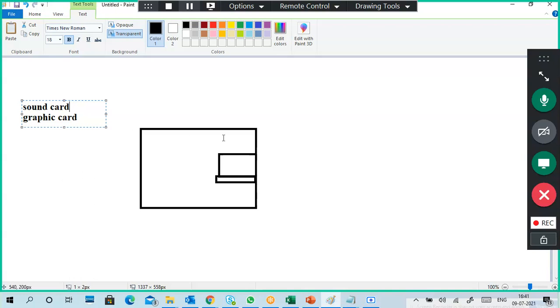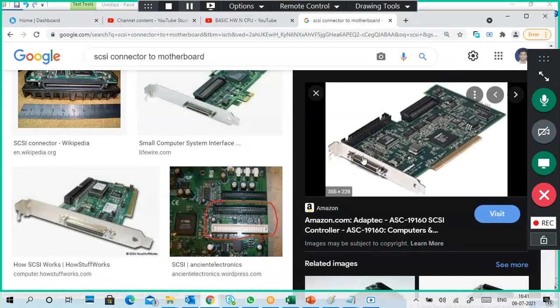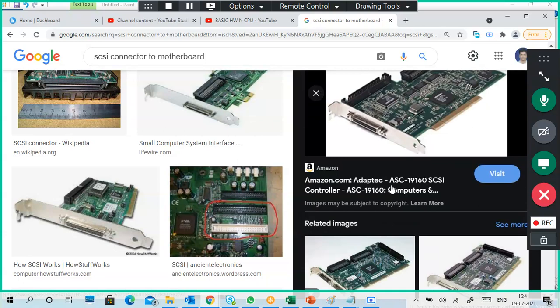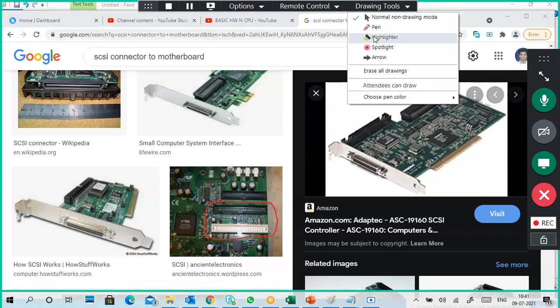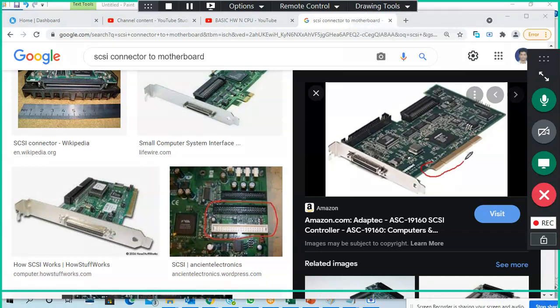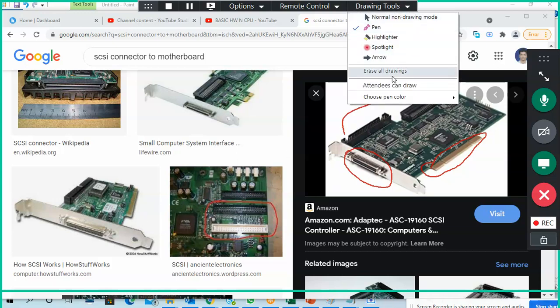Okay, what is this? This is an iSCSI card. Just like you insert your sound card or a graphic card, it is simple. But understand, you can see a golden line is given. So I am writing: this goes to the motherboard, this is for PC outside, and this is PC inside only. So this is an interface card.